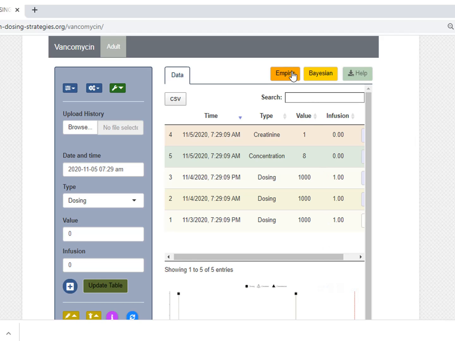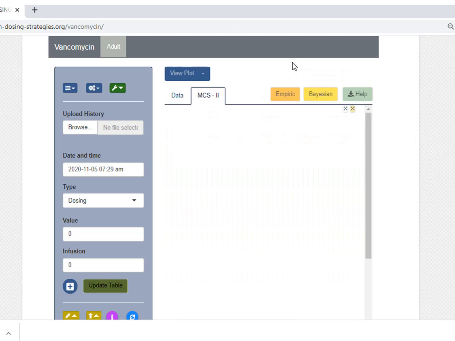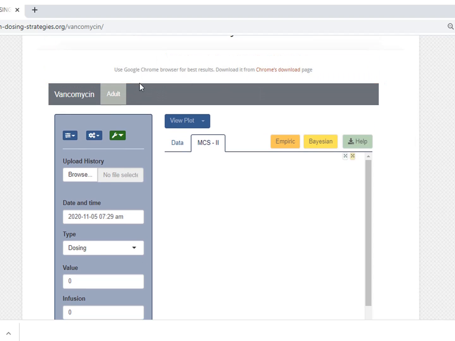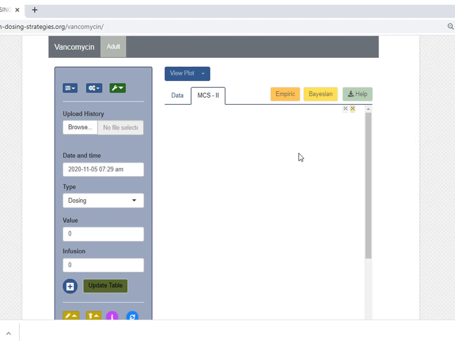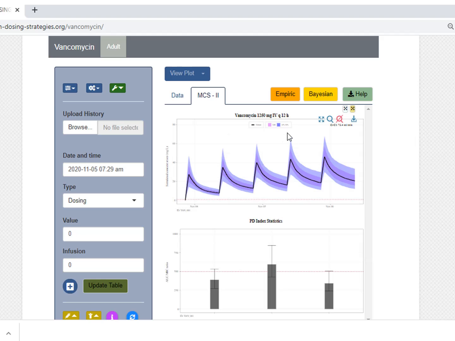Simulations are initiated by clicking on the representative buttons. So for an empiric regimen, we would click the empiric button. That will set the calculations to begin, where the red bar on the top of the application indicates to the user that simulations are in progress. It will take a couple of seconds for the plots to be presented,